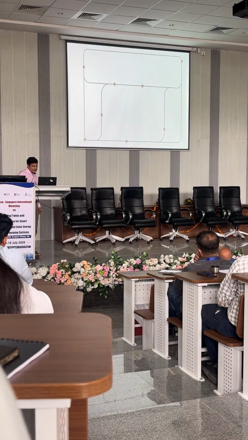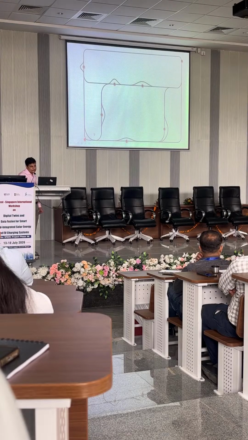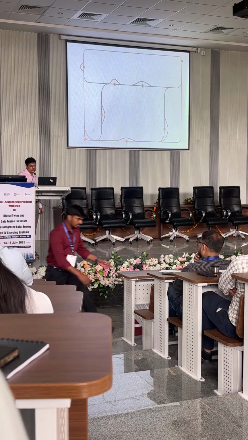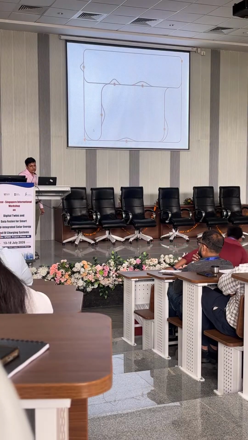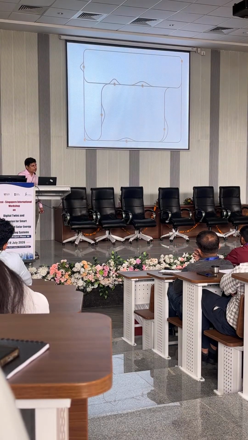So what we do is that we add bypasses to each of these locations. So if you want to go from, let's say, here to here, we provide bypasses. Like, you don't have to stop here. So you can then go non-stop from any of these points to any of the other points. So that's how we solve for the problem of speed.